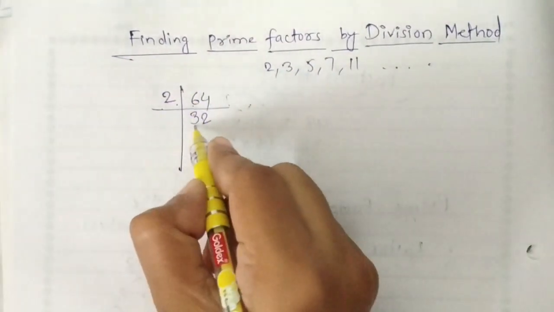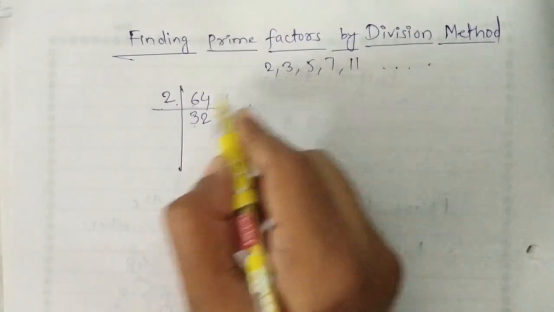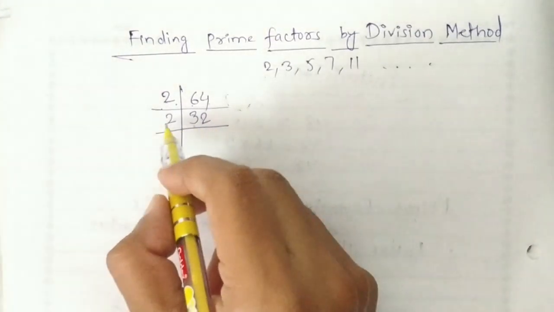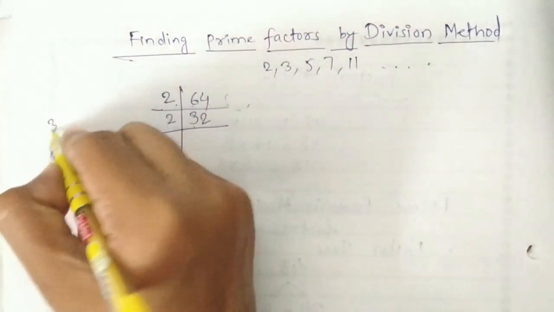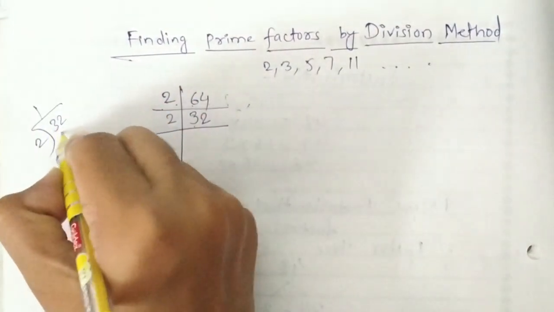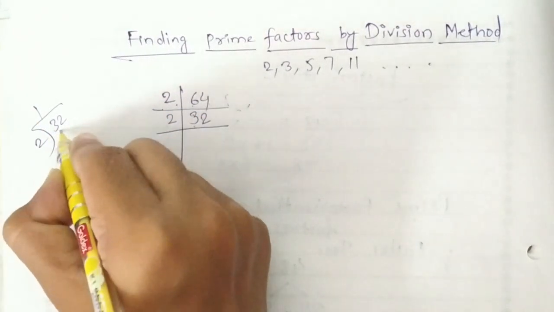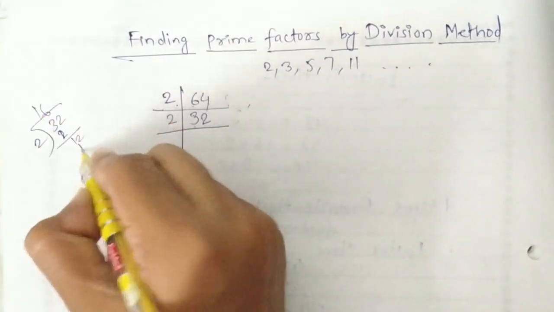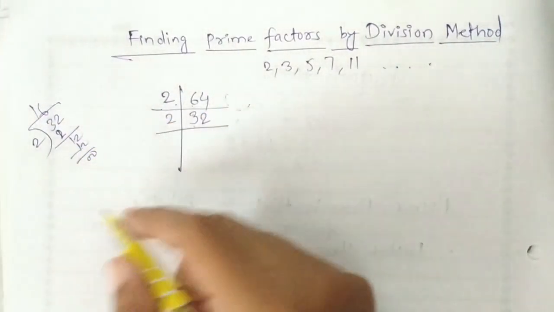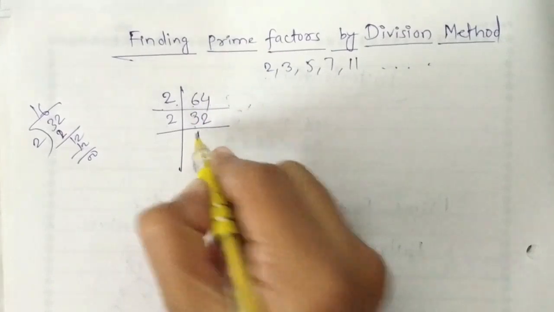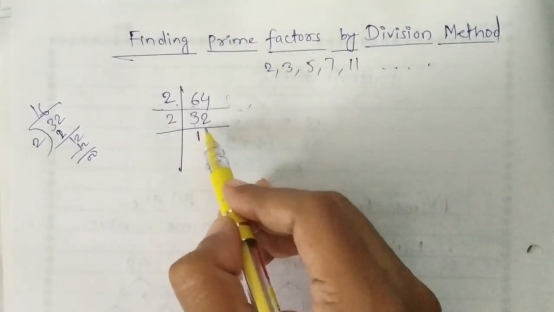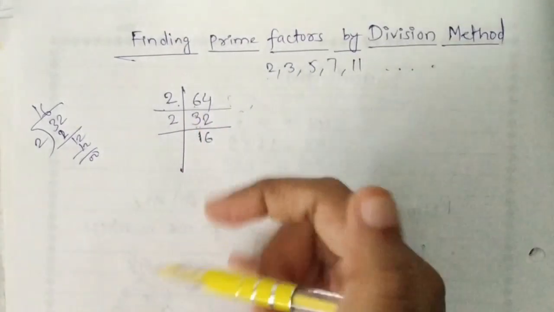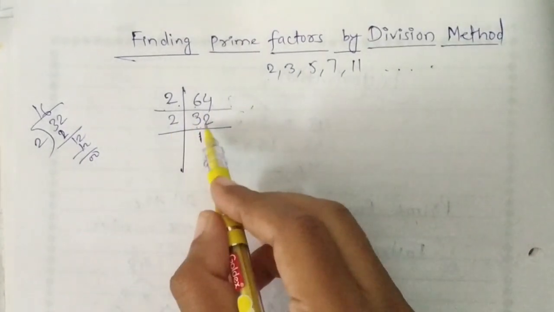Then again 32 is there. So again I will choose 2. I can divide repeatedly. Now 32 I want to divide it with 2. So you know that 32 can be divided by 2. 32 here you take 2 1s are 2, 2 6s are 12. So 16 2s it will come. So 2 1s are 2, I will write, and 1 left. It becomes 12. So 2 6s are 12, like this. Or you can say 16 multiplied by 2 gives 32.